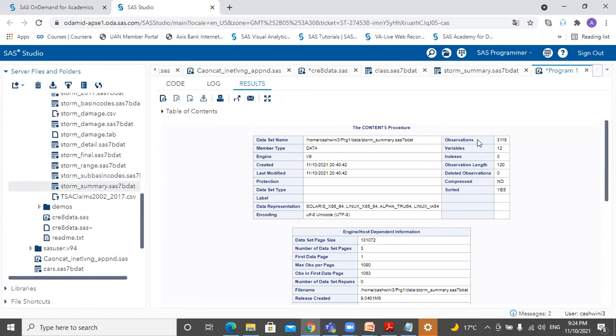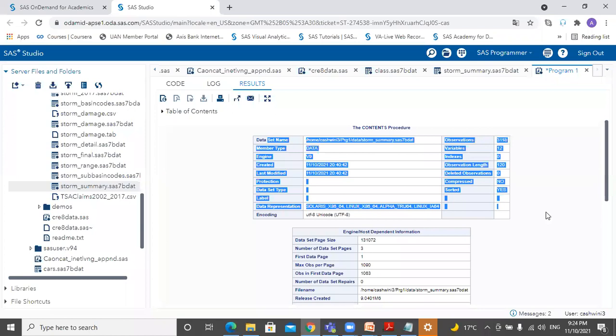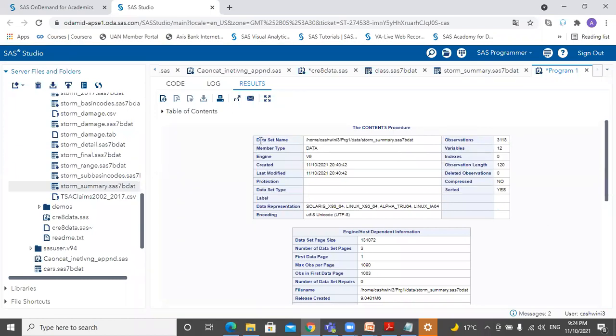It explains your data information: the data set name, the path where your data is saved, how many observations, how many variables, its member type, data, and its engine is V9. V9 means version 9, because originally when SAS was developed, the saved table had the engine type V9.